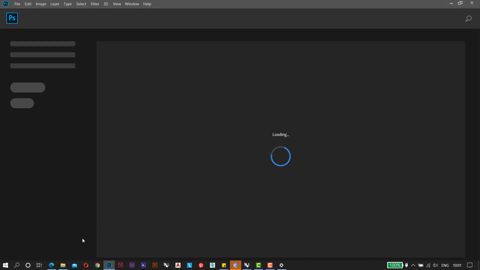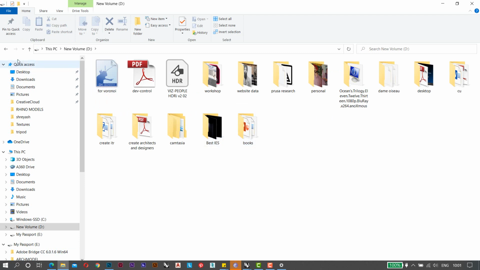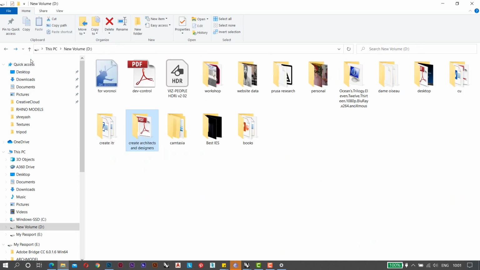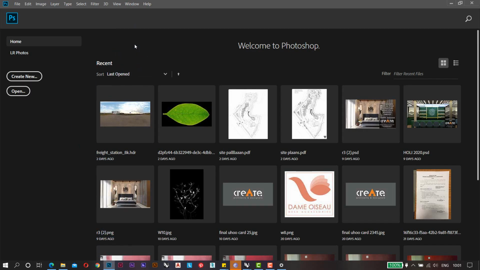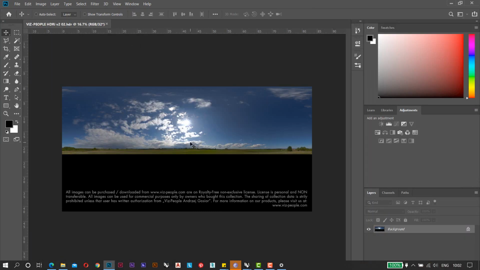These are the background skies that we are using right now. I have one of the files. This is the file. I will just drag it and show it in Photoshop so you can see what exactly it is. This is a very high resolution image.